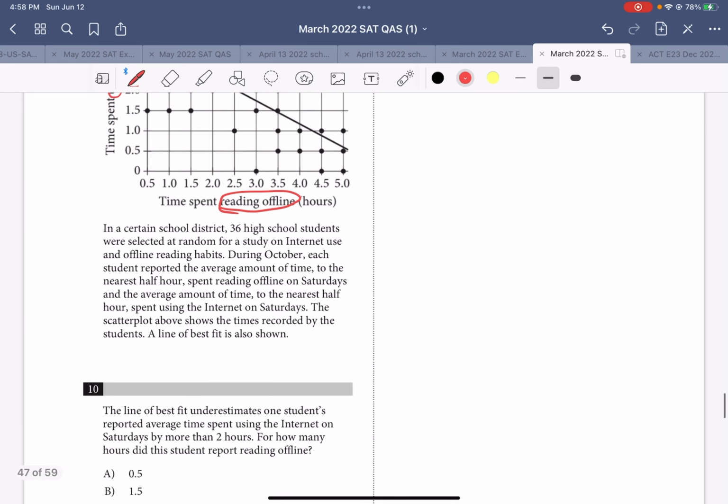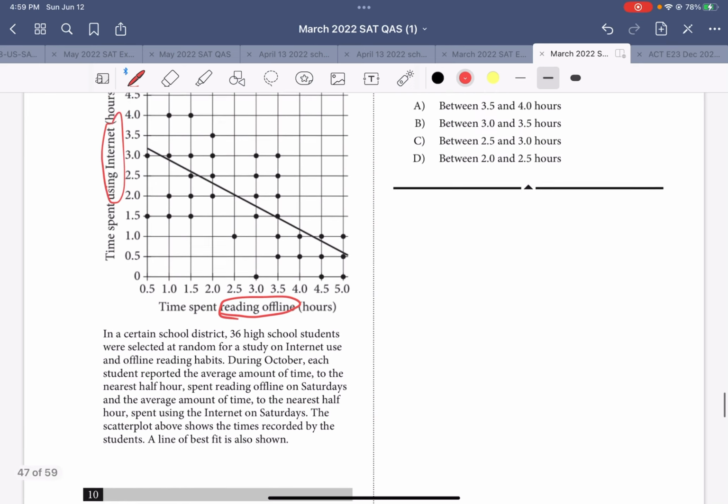Okay, let's read it. The line of best fit underestimates one student's recorded average time spent using the internet on Saturday by more than 2 hours. How many hours did this student report reading offline? Okay, so this student reported more than 2 hours. So in here,